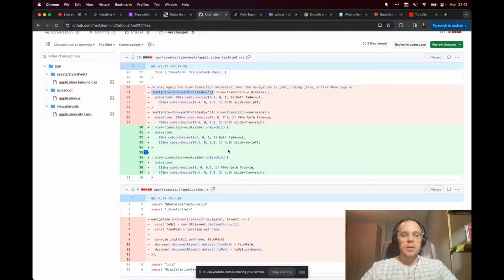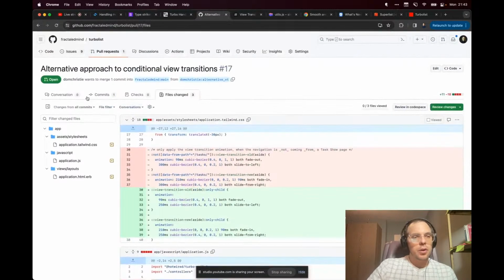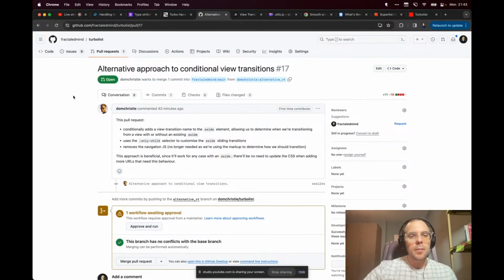The problem with this is that this event listener is Chrome only and is only ever going to be Chrome only. So it's not sufficiently robust for our web application. We need something with broader browser support. So what Dom has suggested here is to conditionally add a view transition name to the aside element on the server side. And as a refresher,